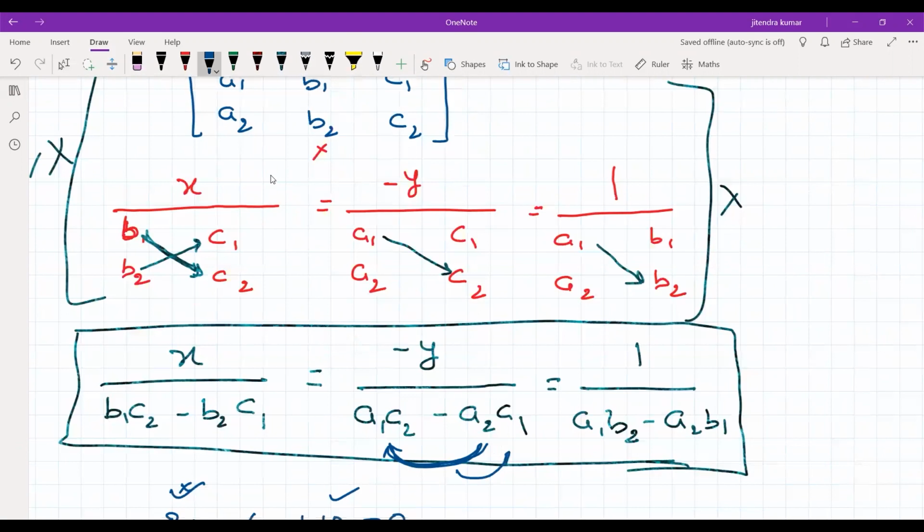So if I'm writing minus y here, in that case we have to apply the same thing: multiplication of this first and then minus of this first. In that case, you will have to multiply this one first. For this one also, you will have to multiply this one first and then minus of this one. That is why I'm writing minus y here.